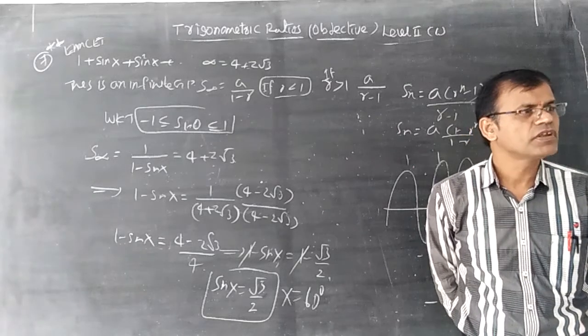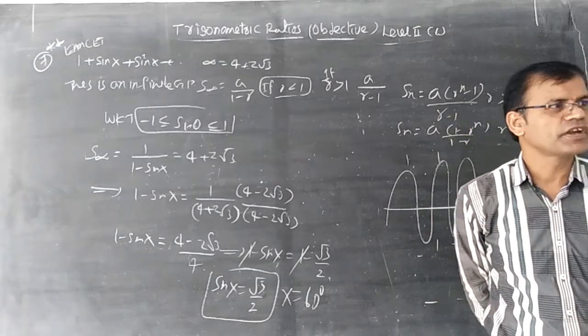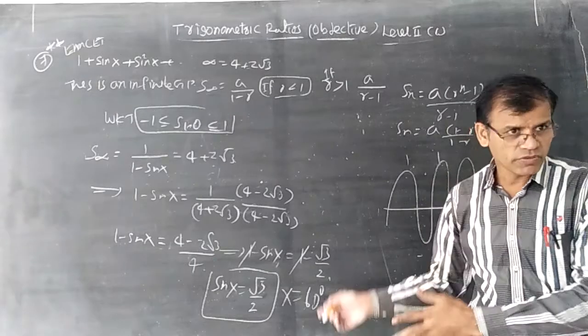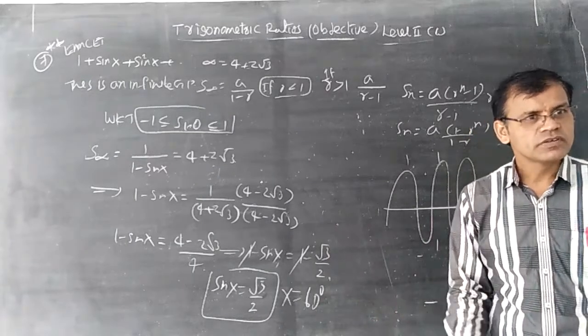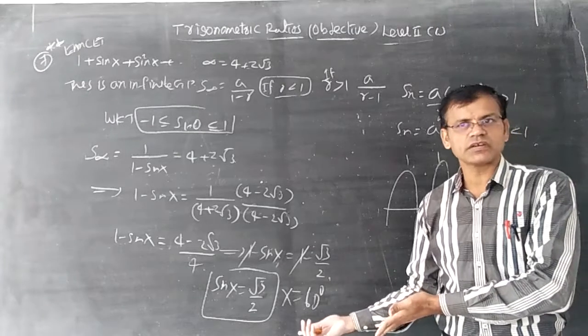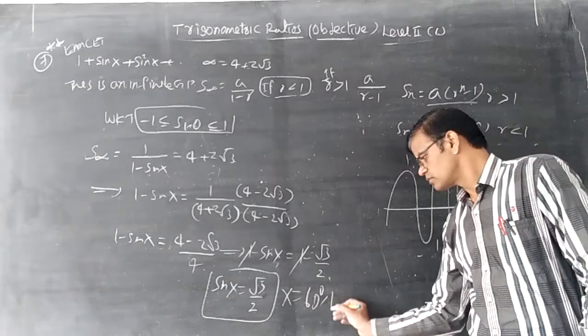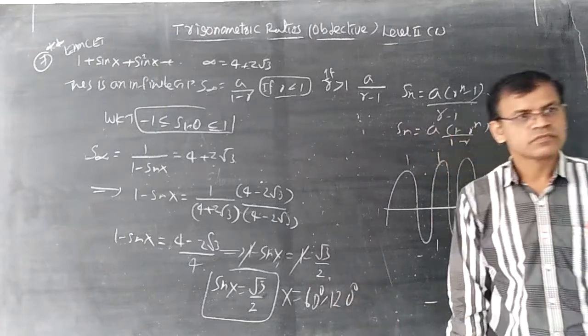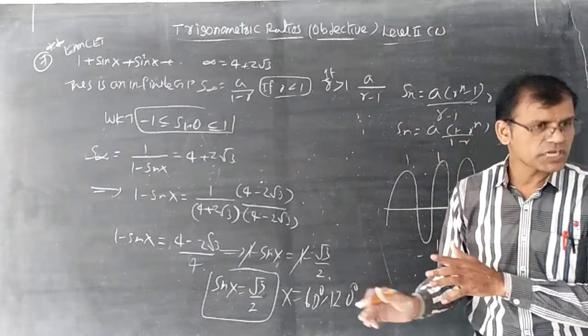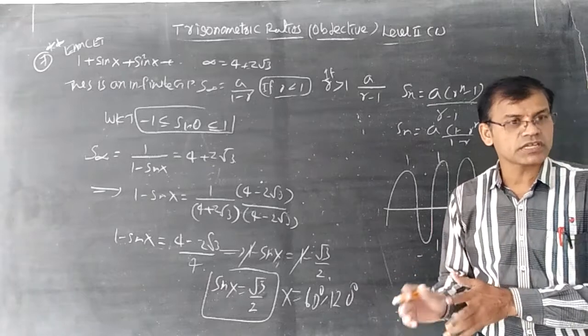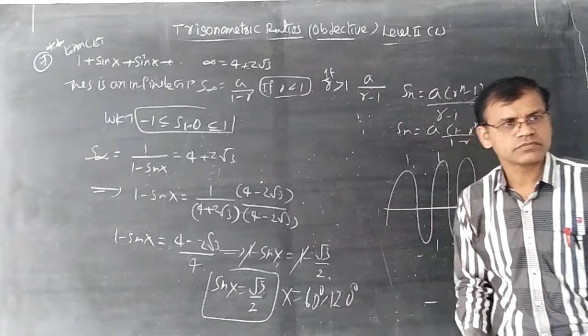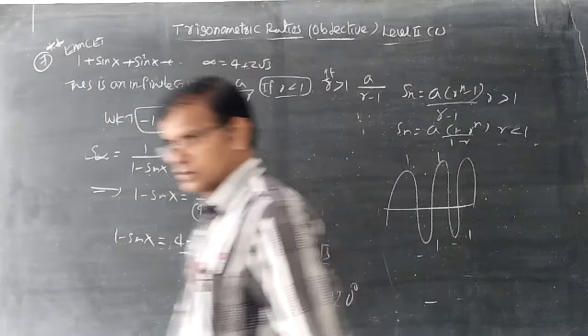Between 0 and 180, sin is positive. Sin of 180 minus theta becomes sin theta. So sin 180 minus 60 you can also write. This one, sin 120, is nothing but root 3 by 2. If you are having any doubt, try to understand: sin 120 is equal to sin 90 plus 30. It is cos 30, root 3 by 2. That's all.